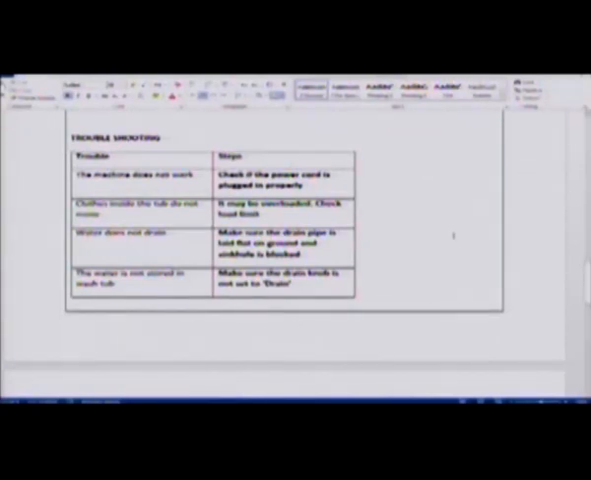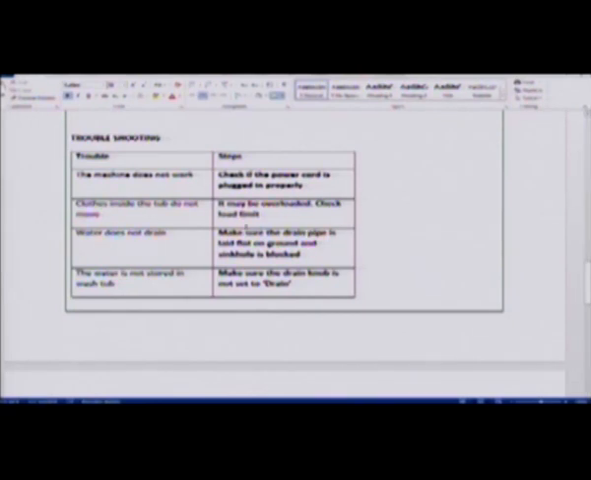Then another important section is troubleshooting. So, there is a trouble what the user can do immediately, even before consulting a technician. So, if the machine does not work, what you can do? Check if the power cord is plugged in properly. So, similarly, clothes inside the tub do not move, it may be overloaded, check load limit. Water does not drain, make sure the drain pipe is laid flat on ground and sinkhole is not blocked. The water is not stored in wash tub, so make sure the drain knob is not set to drain. So, and so on, simple steps